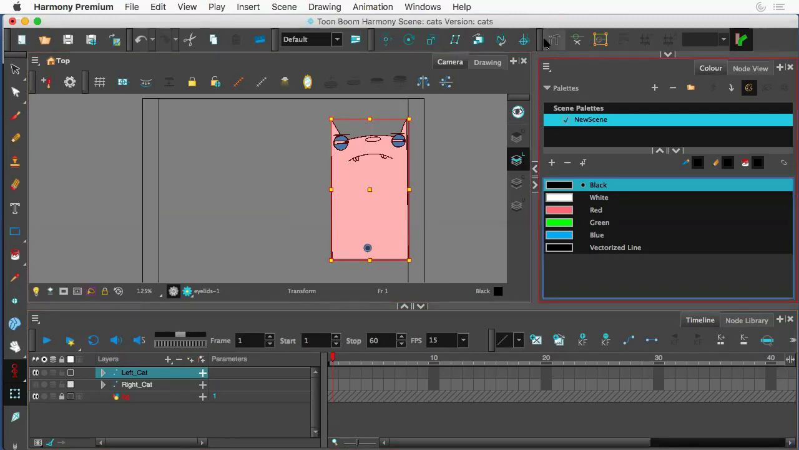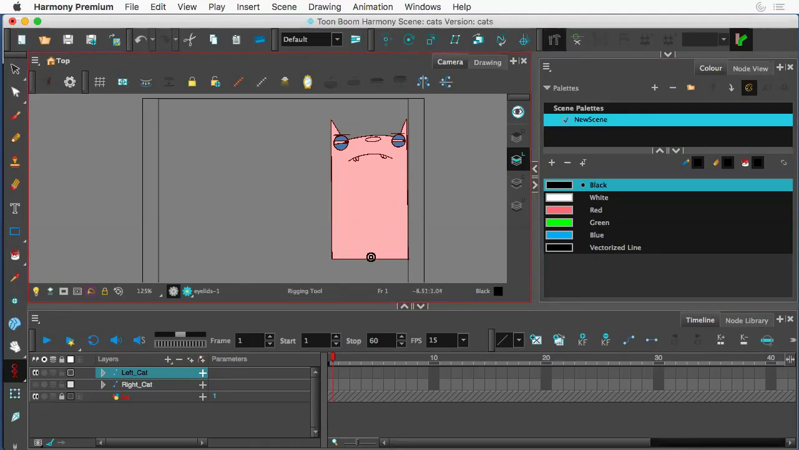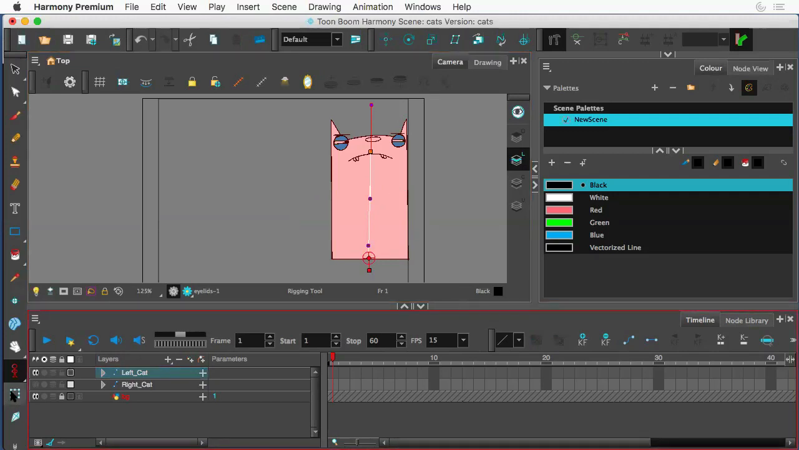So I am in Harmony Premium. Grab the rigging tool, and I'm going to have my base down here at the bottom. Click and drag up a little bit, just a little, very little. And then from the top, drag more. So in theory, if I go to my transform,